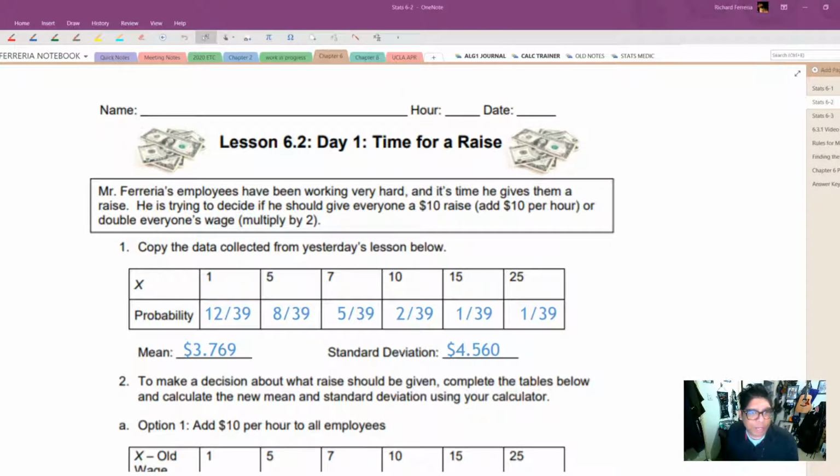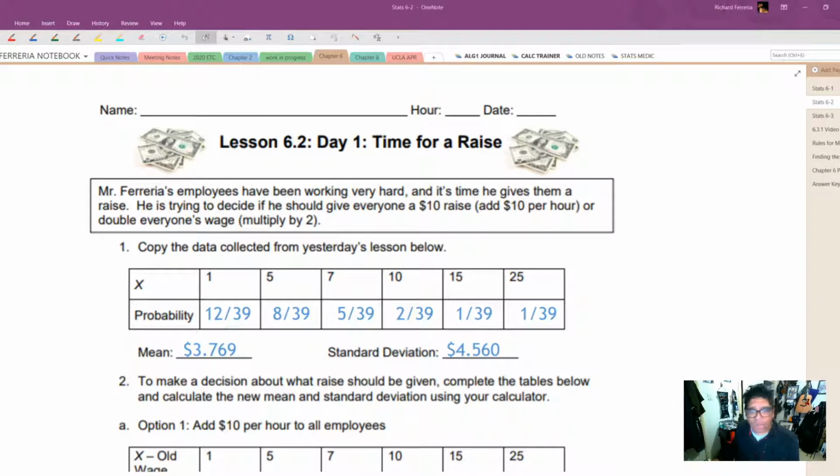So Mr. Ferraria's employees have been working very hard and he thinks it's time to give them a raise. He's trying to decide if he should give everyone a $10 raise, just add $10 per hour, or double everyone's wage, multiplied by 2. So the first thing we're going to do is look at the data that we got